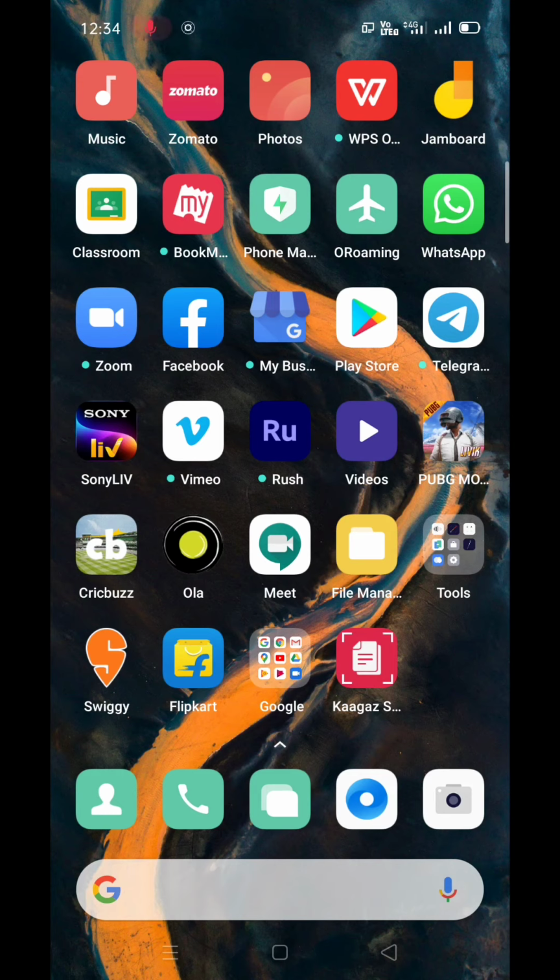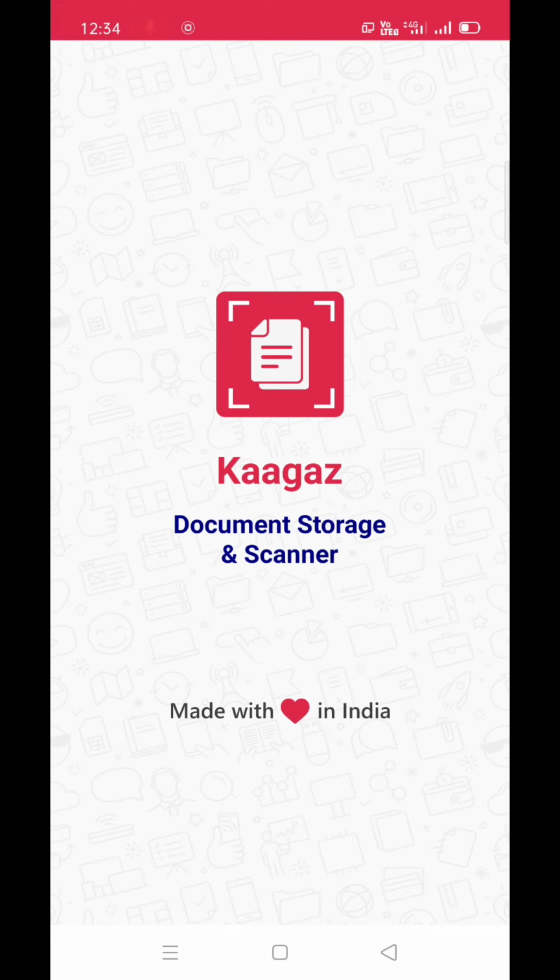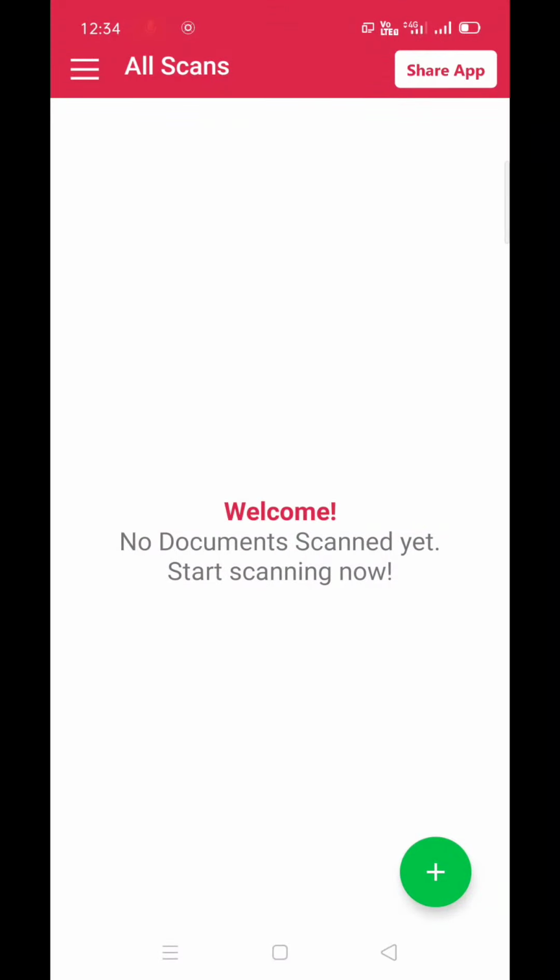Next step is to scan your JPG pages and convert them into a PDF file. For this, I am using the Kagaz document storage and scanner app. You can use any similar app like CamScanner or Adobe.